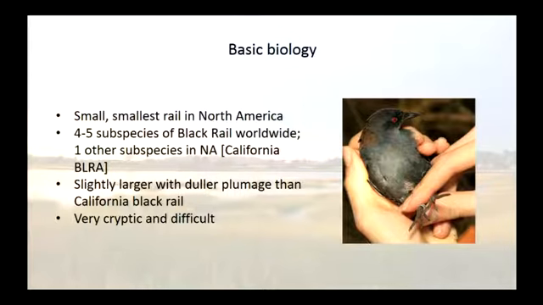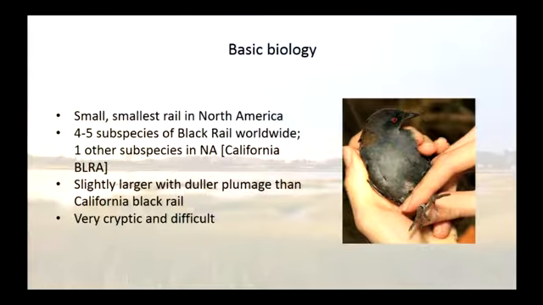Just for size reference, this is presumably a normal human hand holding one of these birds. So you can see that it's a pretty small bird, maybe sparrow size, which is not usual for rails. We think of clapper rails as big birds that you shoot for meat, but these guys are really small. There are up to 4 or 5 subspecies of black rails worldwide, but we have 2 subspecies in North America, the eastern black rail and the California black rail.